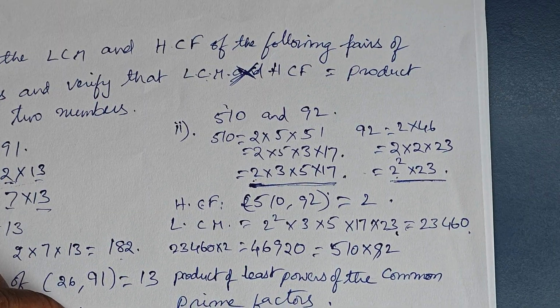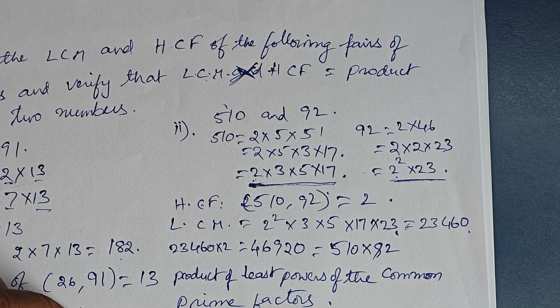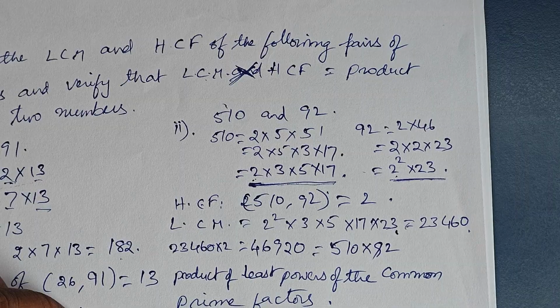So this is the proof that for any two numbers you take, their LCM into HCF is equal to the multiplication of the two numbers. Remember, we are always talking only about two numbers. We are not talking about a three-number system. Okay, good. Okay, the next question is to find the LCM into HCF of 336 and 54, which is equal to 336